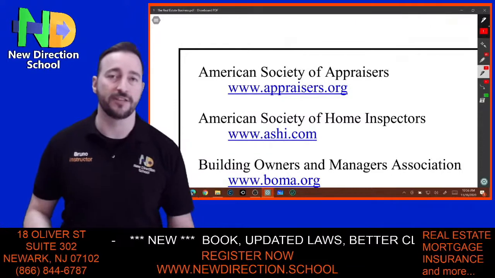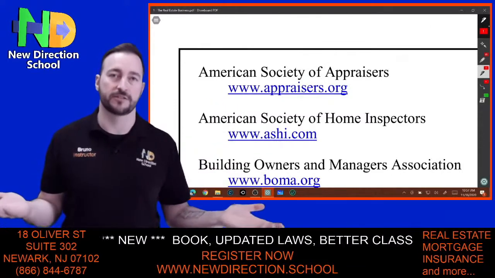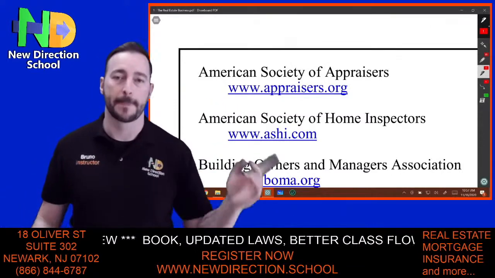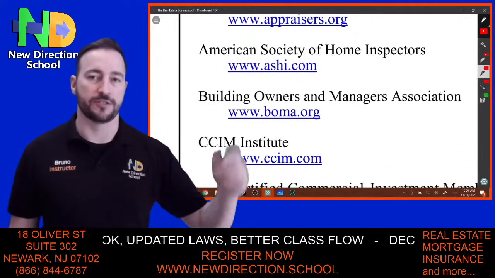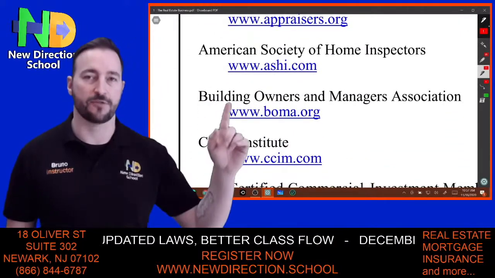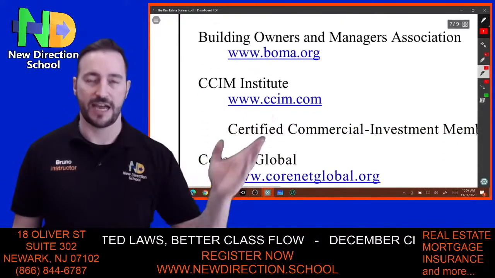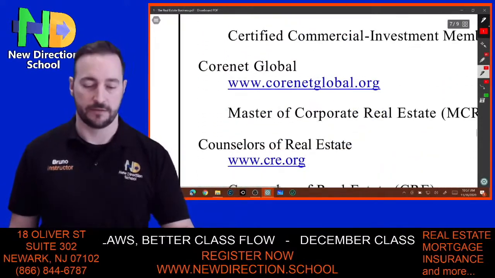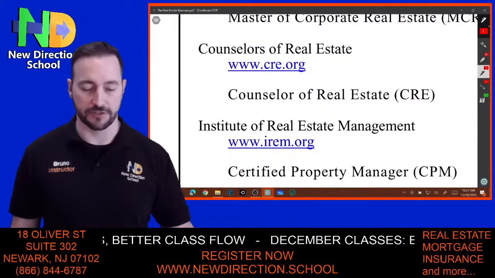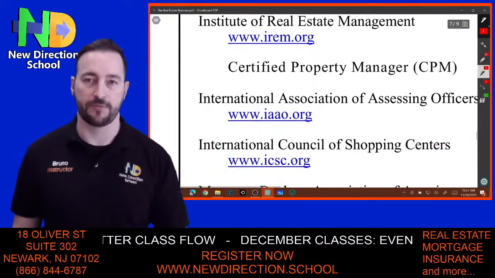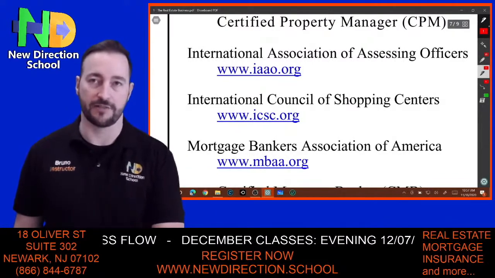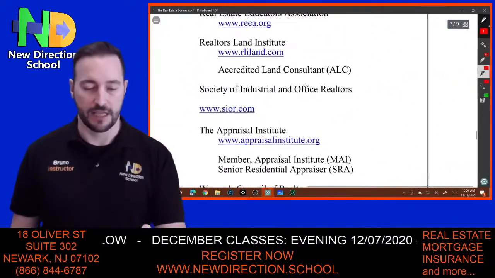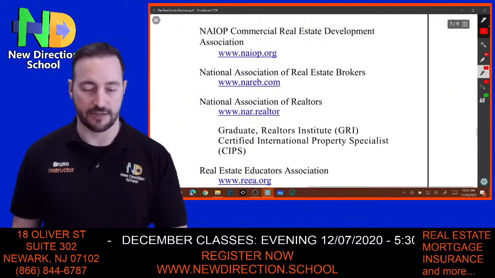If you're going to be an appraiser, being part of the American Society of Appraisers makes sense, doesn't it? American Society of Home Inspectors, the same thing. BOMA, which is Building Owners and Managers Association, for property managers. CCIM is for commercial, right? Counselors of Real Estate. IREM is for property management as well. Mortgage Bankers Association, obviously for people in mortgages, and so on. So there's a lot of different